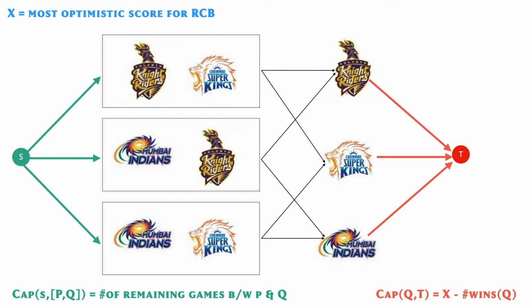Well, the claim is the following. If a maximum flow in this network is able to saturate all the edges that are coming out of the source vertex, and remember that a flow saturates an edge if it uses it to its full capacity, right? So if the maximum flow can actually do that, in other words, if the value of the maximum flow is actually equal to the total number of remaining matches, of course not counting the ones that our favorite team participated in because those have been accounted for, but let's say that the value of the maximum flow is equal to the total number of matches other than these, then we claim that there is in fact a way of setting